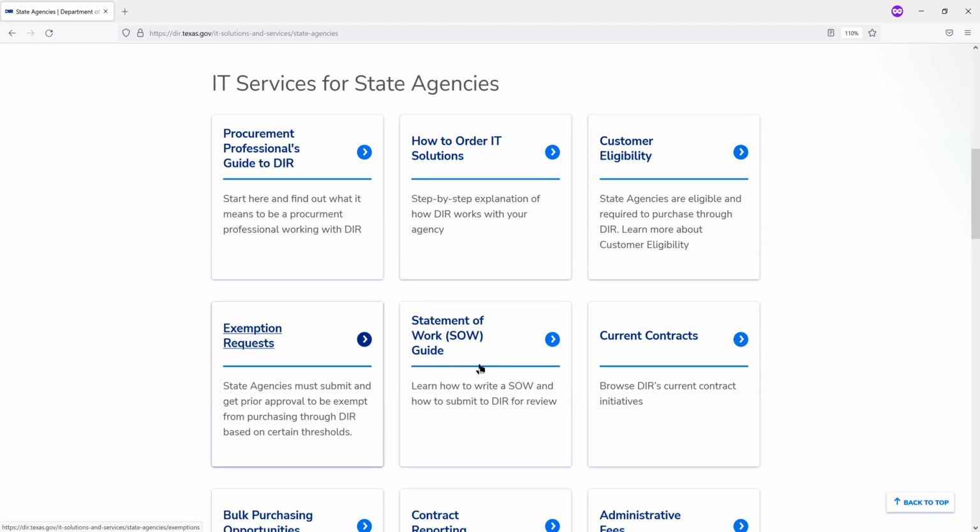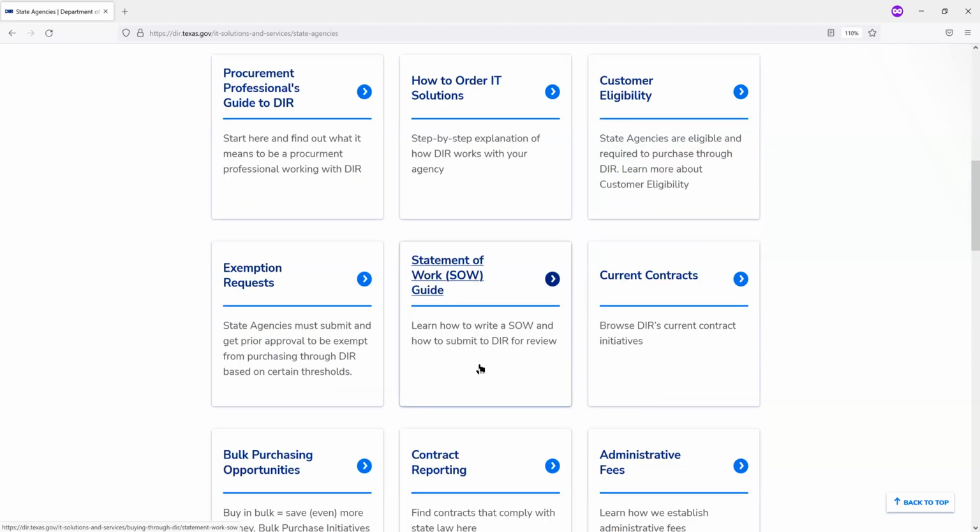As you know, you'll have to draft statements of work depending on the type of project or procurement that you have coming up. So we have a guide page. It's similar to the previous page on the previous website, but this one is just laid out and cleaned up a lot better. So if you have any questions regarding statements of work, how to draft them, what type of statements of work we have out there, and then how to contact the SOW team, that is on that page.